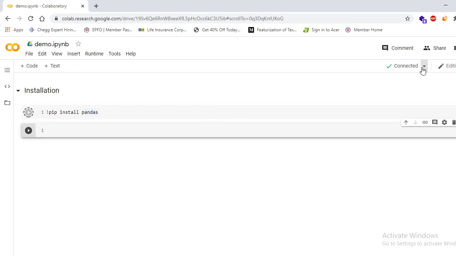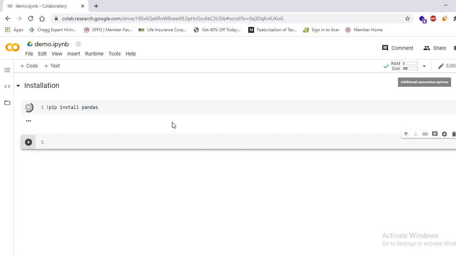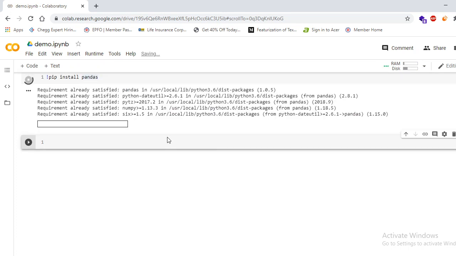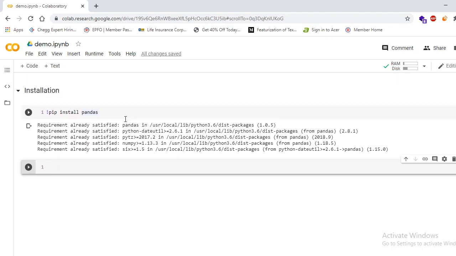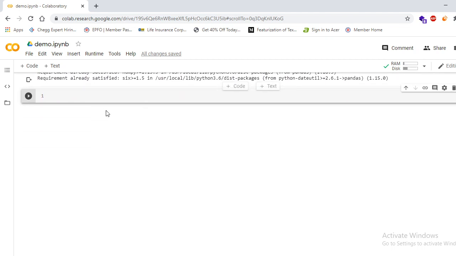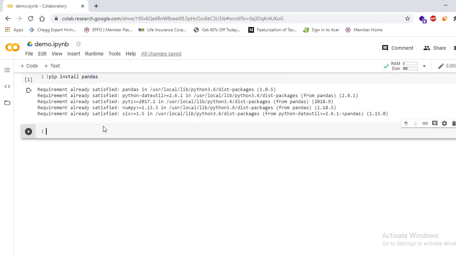Okay, I have not initialized it here. Yeah, so now it is working. As you can see, it is telling requirement already satisfied because it is already installed in this notebook. Most of the common Python packages will be already installed in the notebook by default. We don't need to install most of the things. If you are using some package which is not common, then you need to install it.